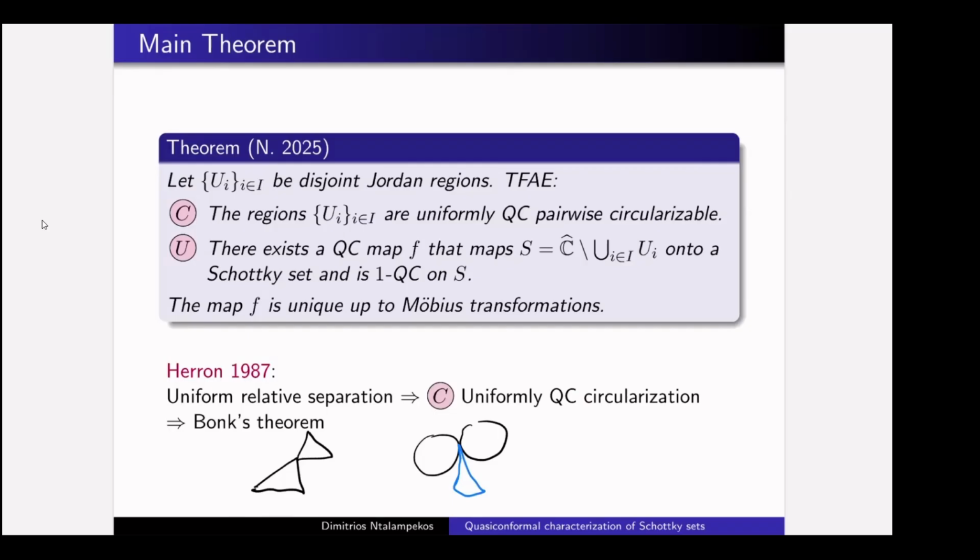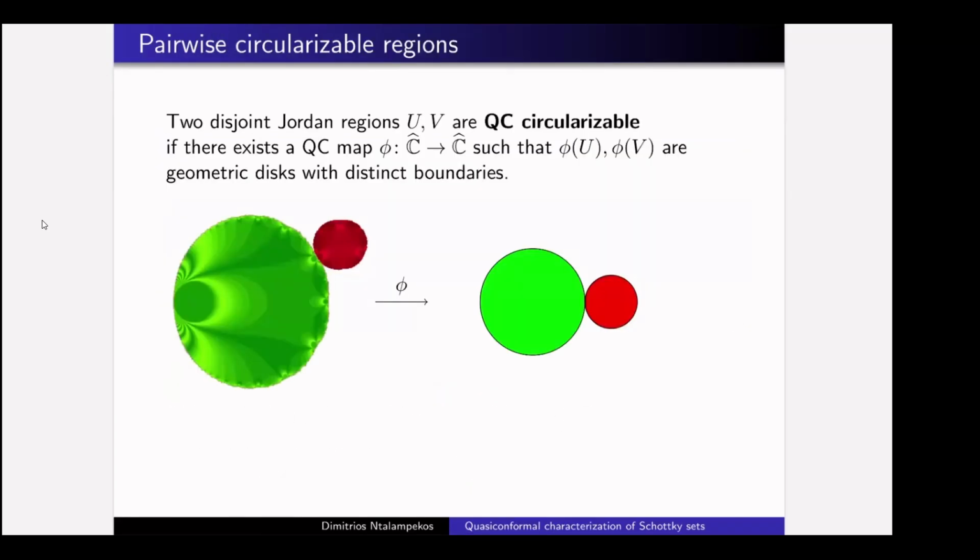Or conversely, you have these almost interlaced Schottky sets. Is there some operation where you take such things and put them together to get these pairwise circularizable sets? It's kind of an ill-defined question, but maybe if I go